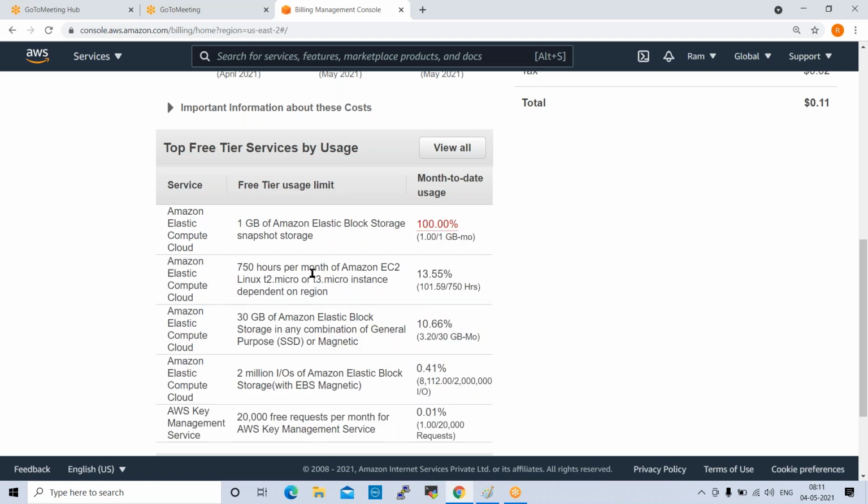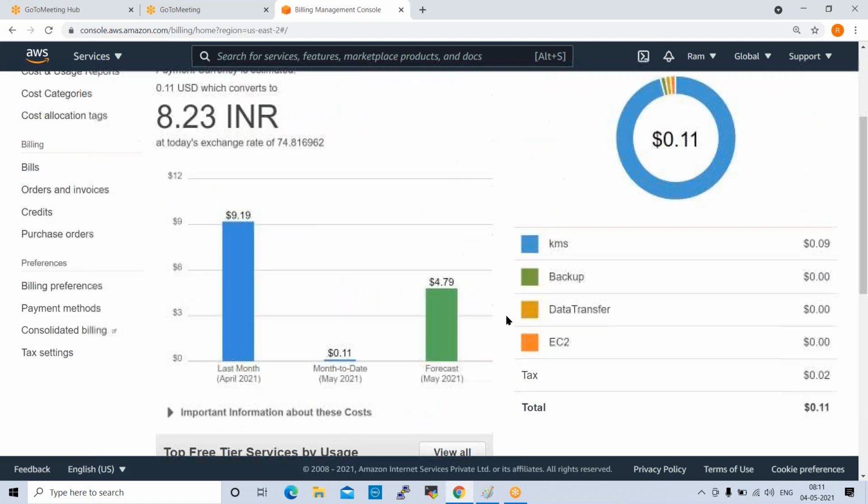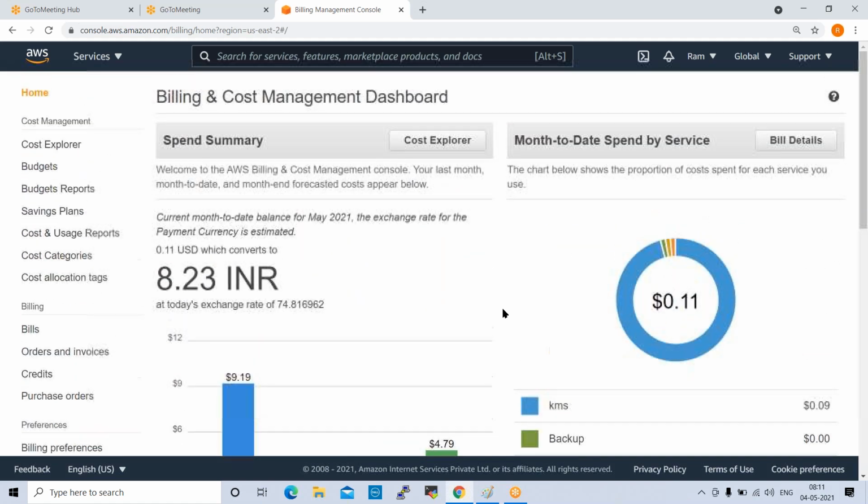Another service 750 hours, 13% completed. And 30 GB Elastic Block Storage, 10.66% completed. So you will get details here.